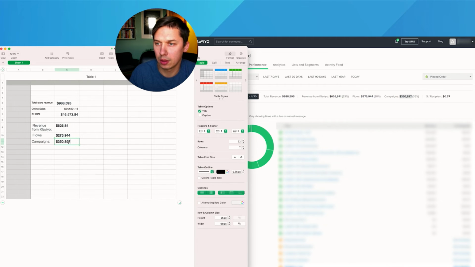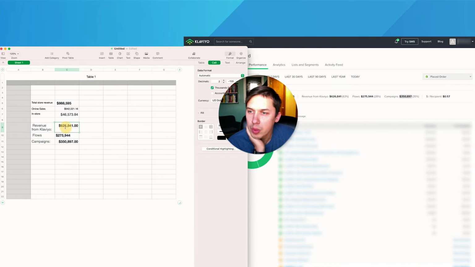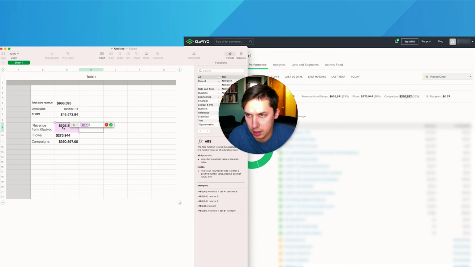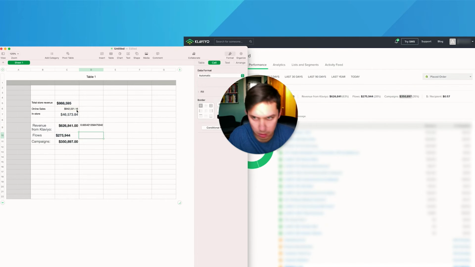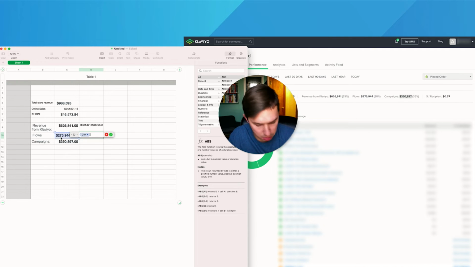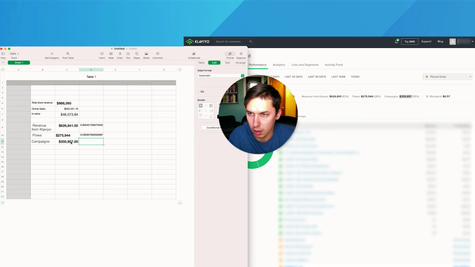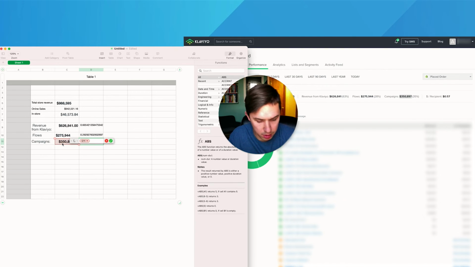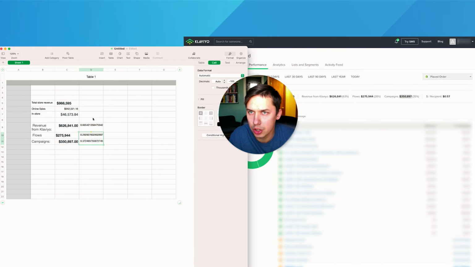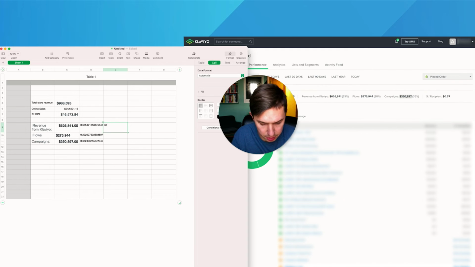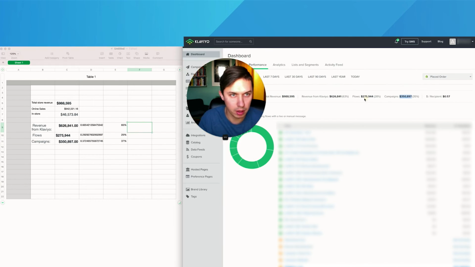Okay, so let's do the math now. And here I missed one. Now we divide this: this amount divided by this amount, then again this amount divided by the full amount, and this amount divided by this amount. I don't know how to change it to percentage, so basically it's like 66%, 29%, and 37%. So as you can see, it's not as dramatic a change, but here, 63% is 28%